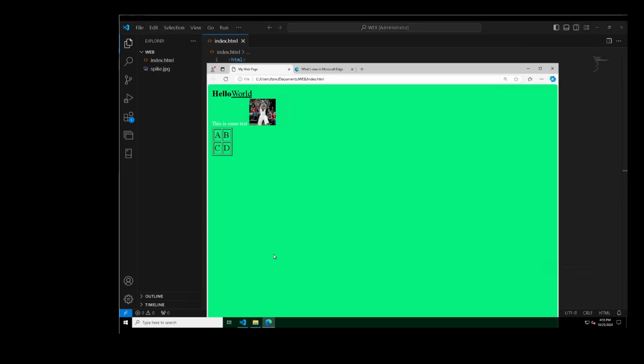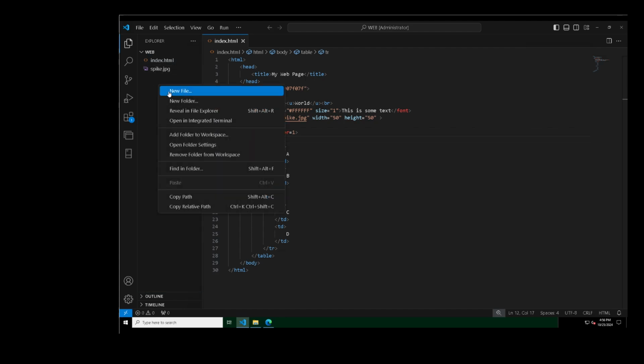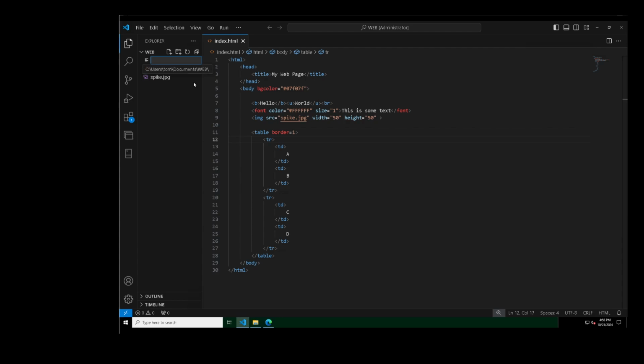So there we go. So how does this work when we're formatting it for a web page? We might do like a full page and then have some text across the top. So we'll kind of highlight that now. So let's build another page so we can see how this works. So we're going to come over here on this section over here, and I'm going to right click and I'm going to go New File, and we're going to call it